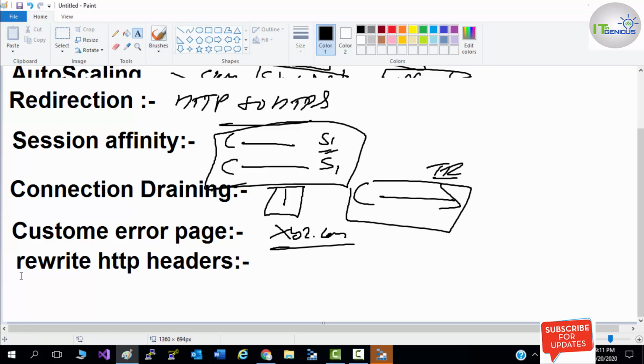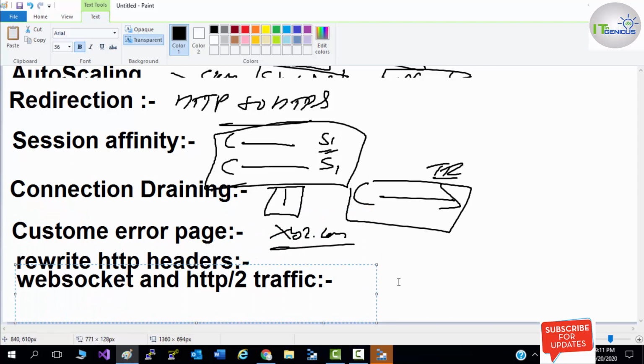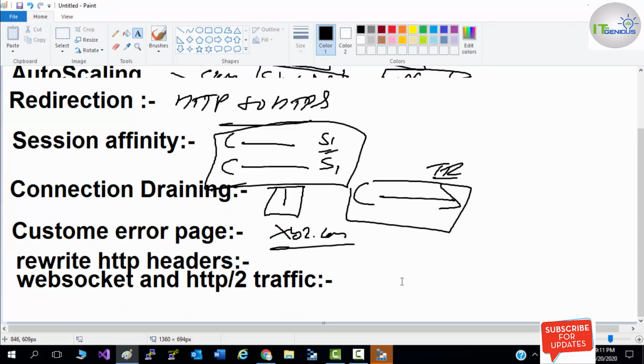There's one more feature, which is WebSocket, or you can say HTTP2. Your application gateway enables WebSocket or HTTP2 traffic, which uses the HTTP or HTTPS protocol.